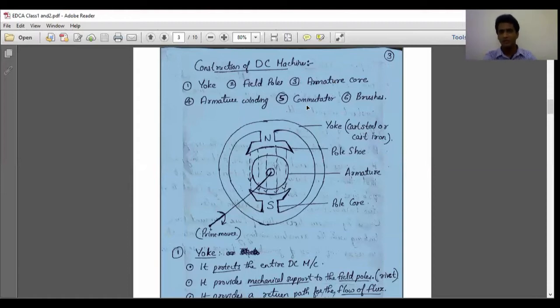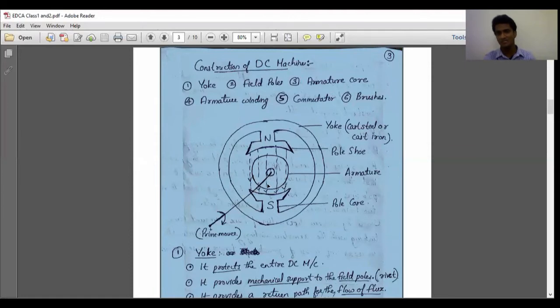Clear? Now, let us consider a DC motor, which is also constructionally the same. There is an armature in which armature windings are placed in the armature slots, and there is a pole core in which field windings are placed. A DC supply is given to my field winding, and then, as I know, the basic principle is that when a current carrying conductor is placed in a magnetic field, it experiences a force called Lorentz force. It is the basic principle of DC motor. So our requirement is the main magnetic field and a current carrying conductor. Where is our conductor placed?